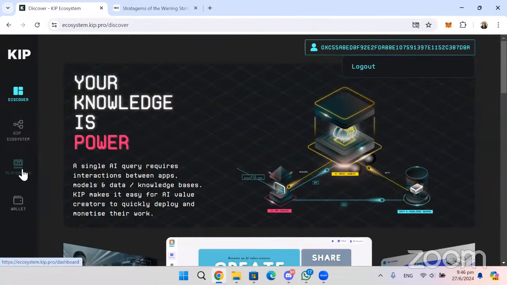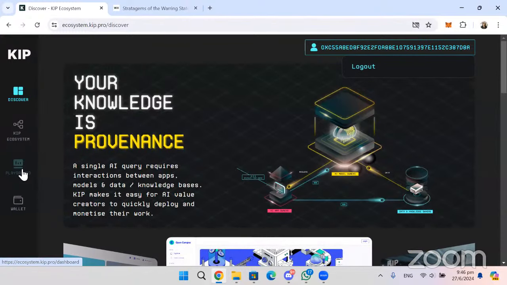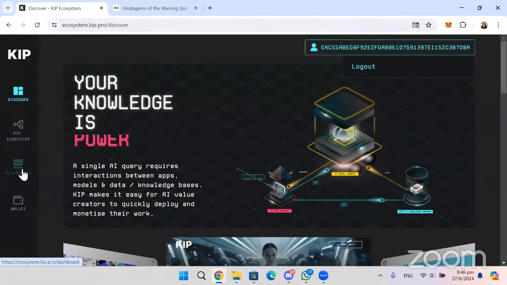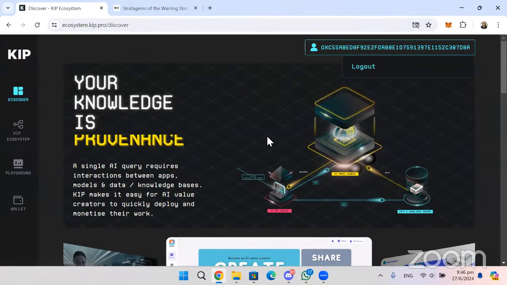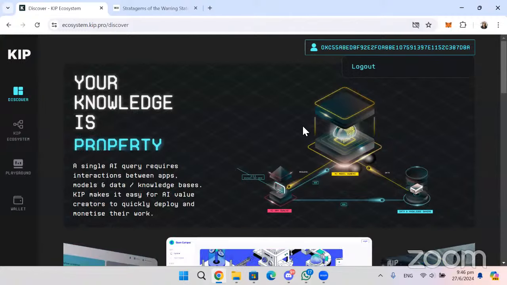You set your own price for your data sets because they're yours. Create your apps, you set your own price for your data and for your apps because they're yours, and so on and so forth. So yeah, that is about the size of it, except to say, please follow us